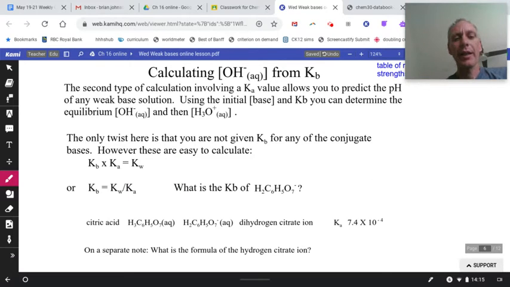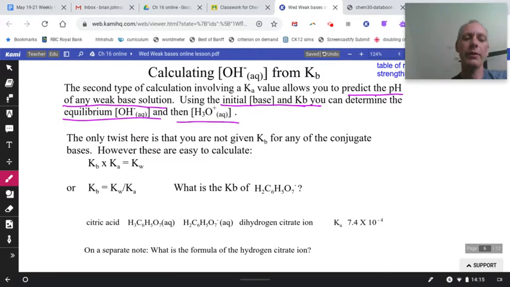The second type of calculation involving a Ka value allows you to predict the pH of any weak base solution. So we can predict pHs. We're not given pH, we can figure them out. You use the initial concentration of the base and the Kb to determine the equilibrium concentration of hydroxide and then hydronium. It's a lot of information. Okay, the twist